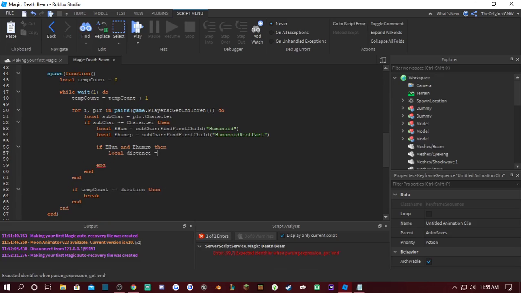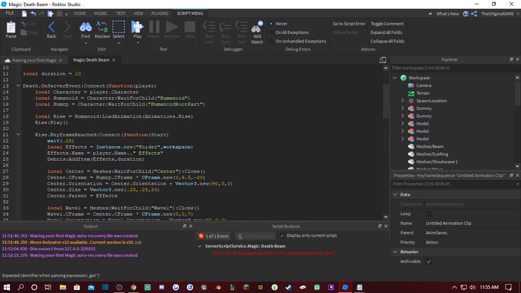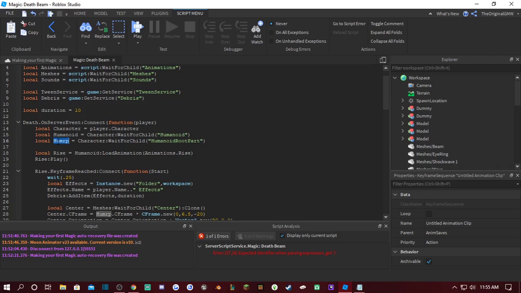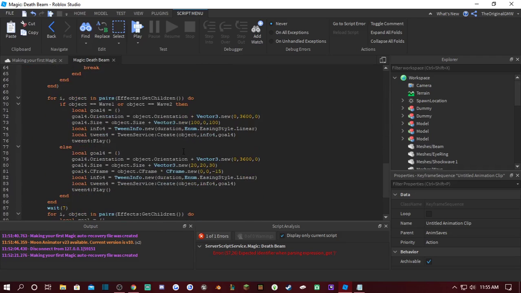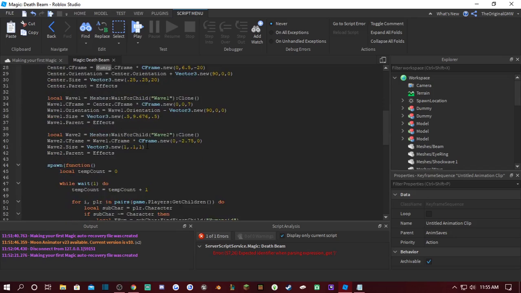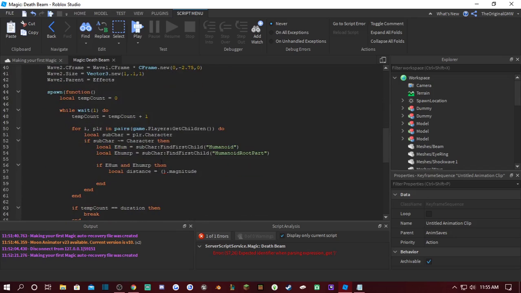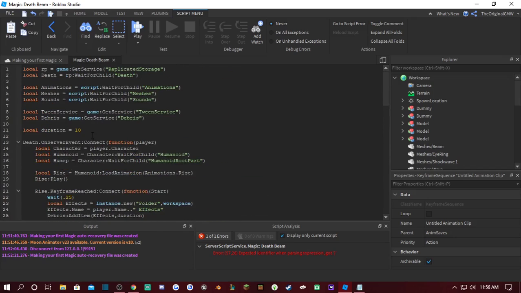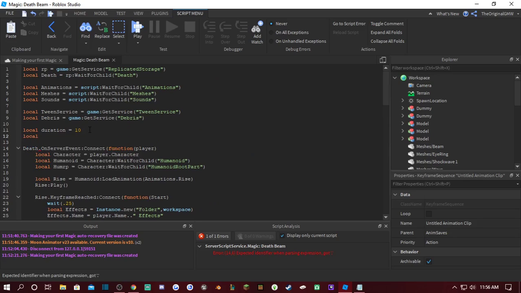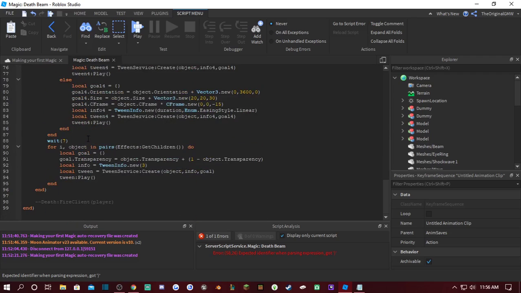So local distance is equal to magnitude, parentheses, and we're gonna do like a quick math thing. So we're gonna subtract our position from the enemy's position, the enemy's humanoid position. So we're gonna do local max distance is equal to. Now if I go down here,